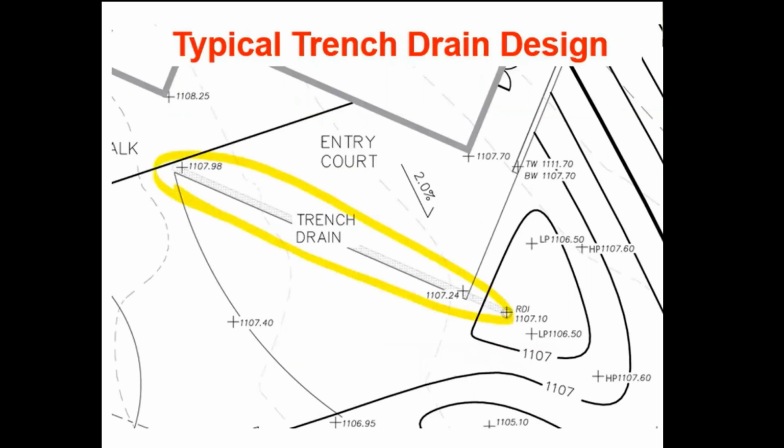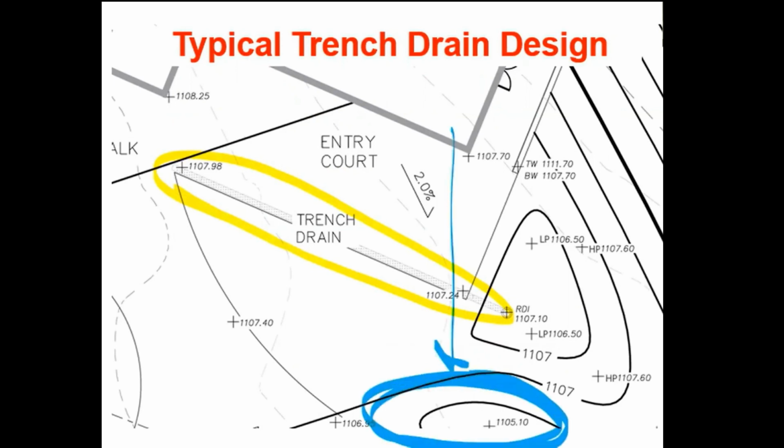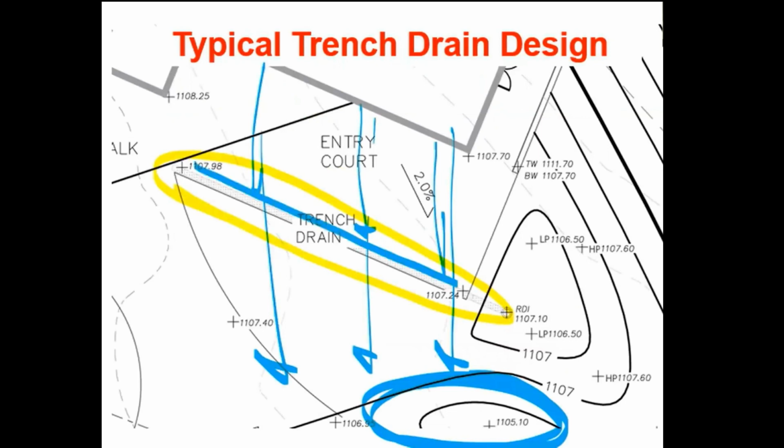The reason for a trench drain is it allows you to redirect water or to subdivide your drainage areas into smaller areas. So if we did not have a trench drain, this area at the bottom is going to have to handle all of this water. But because we have a trench drain, we can take half of this area and divert it down to another retention area. This is something you're going to use in your entry court plazas and possibly in your parking lots as well, if necessary, but mostly in your entry court plazas in order to break the drainage areas into smaller